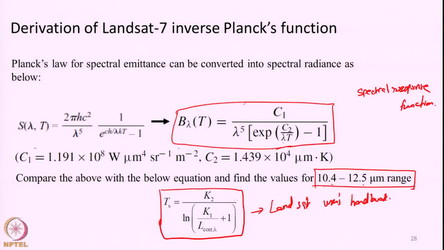So, here Planck's function has been inverted. Instead of calculating radiance from temperature, now we know radiance and we want temperature, so just reverse this to get the inverse Planck's function. In the inverse Planck's function, integrate it over the bandwidth of the sensor and we will have one final equation with constants. Okay. So, this equation is defined, and the constant values are available in the Landsat metadata file and also in the Landsat users handbook. So, what we have to do as an end user,